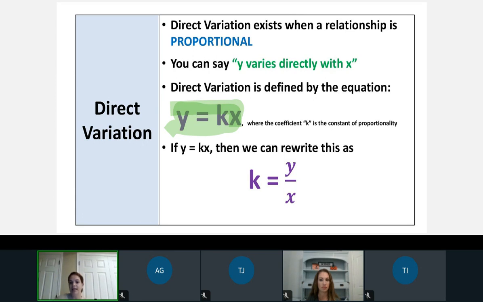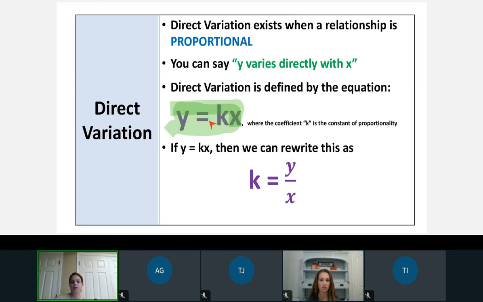Constant rate. Yes, Cheyenne. So k is our constant rate, just like slope. Exactly. Slope is our rate of change. Very good. So the only difference here with direct variation,